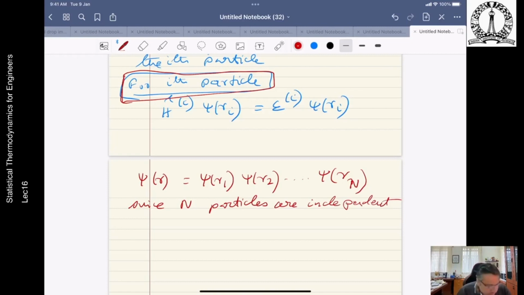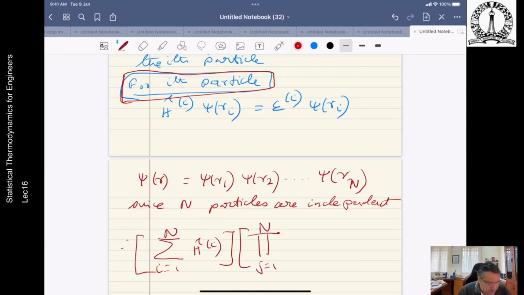Got it? So how do you write down the final expression? The final expression will be the sum over i equal to 1 to n of H i, acting on the product over j equal to 1 to n of psi j, is equal to